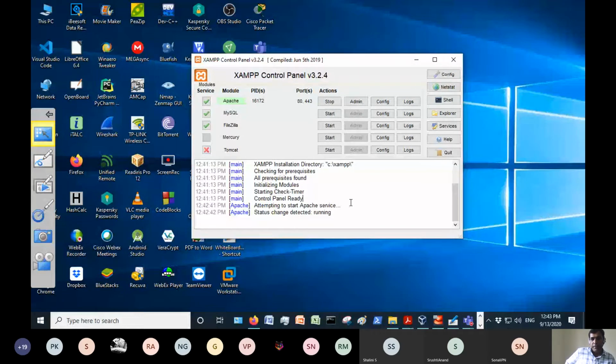In the last lab, it failed because some of my virtualization software, like VMware Workstation, which I was running, was using the same ports, 80 and 443. If you see your ports, port 80 is there and 443 is there.